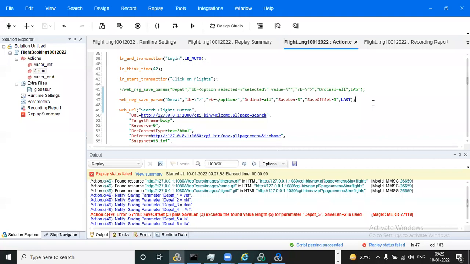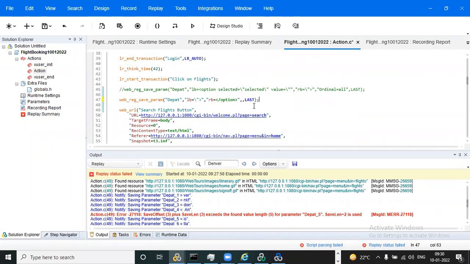We have many arguments, and one by one I will explain them. Does everyone understand that? Yes, sir. We have one more argument, not found. Not found equal to error by default. So if the LB or RB is wrong, it will show not found equal to error by default. I am reviewing all of these because, based on requirement, we can use them.